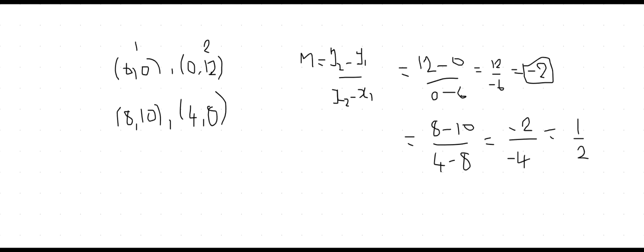Now the theorem says if we multiply the two gradients and the answer is -1, then these two lines are perpendicular. So let's see if they're perpendicular. So this is M1 and this is M2. So this is what the theorem says. M1 times M2 is equal to -1. So let's say our M1 is -2